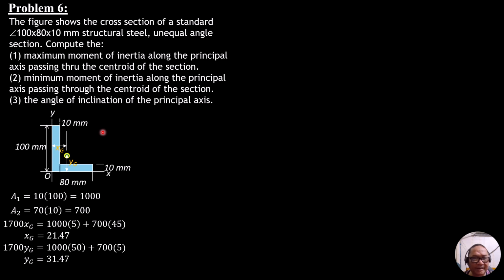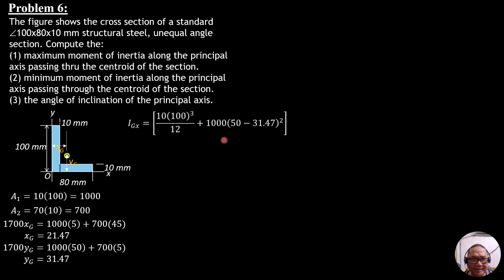So for area 1, it is 10 times 100 cube over 12 plus area 1000 times quantity 50 minus yg, quantity square. So 50 minus 31.47 quantity square. That's the distance between the centroidal local axis of rectangle 1 and the centroidal horizontal axis of the entire